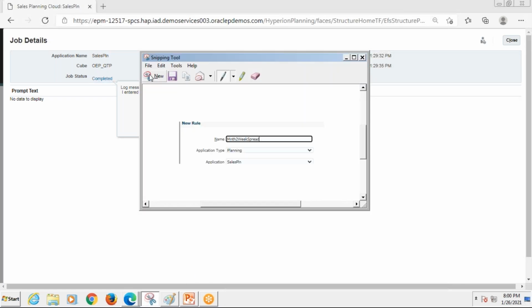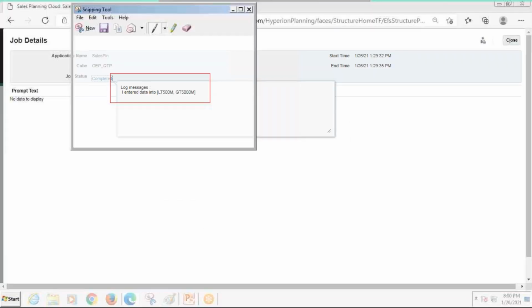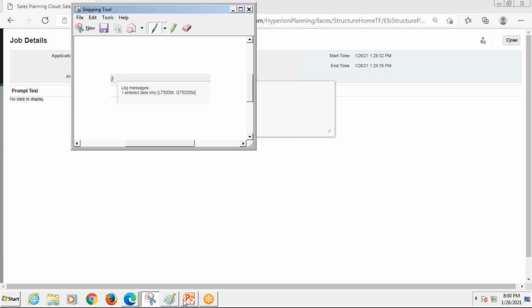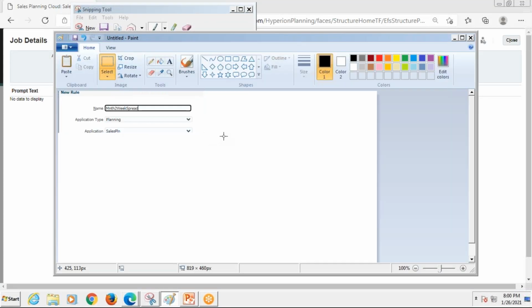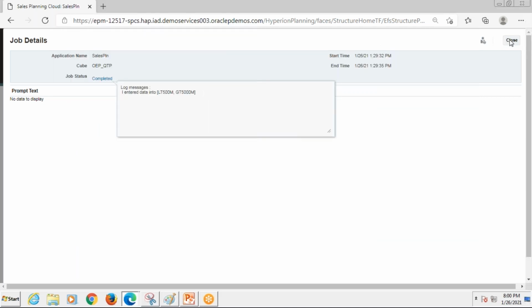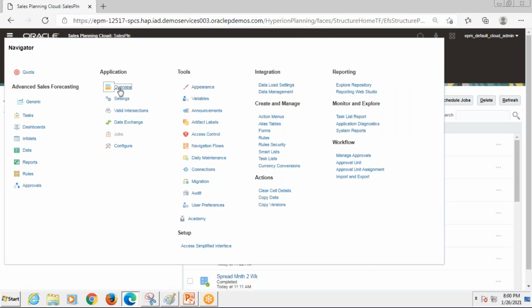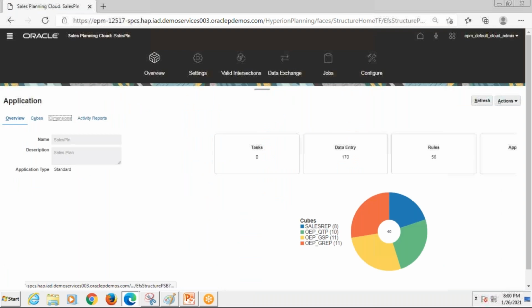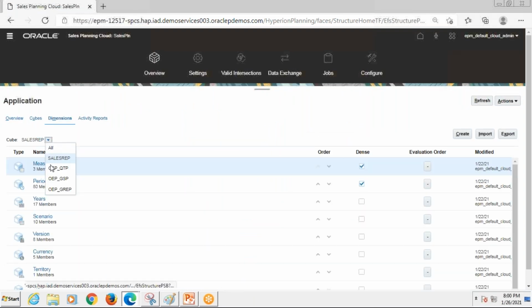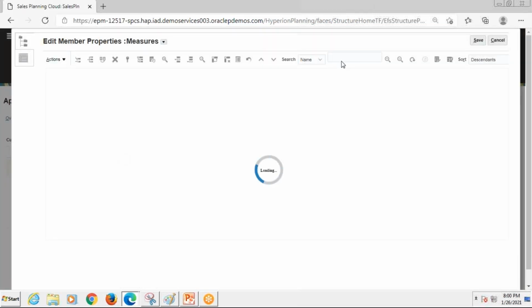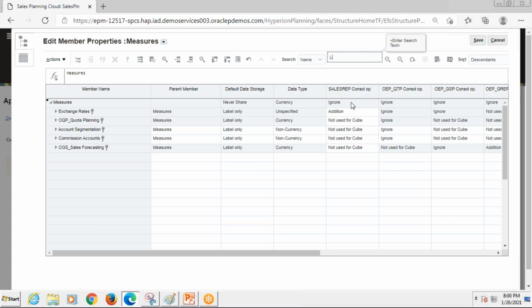This actually got modified, and from where you can see this is the actual real member name which we can see here. I'll show you that when we go to the application overview, in the dimension part. From the dimension, we just need to select for which cube we want to see the dimension, and I'm selecting the quotation planning, and over here I'm selecting LT